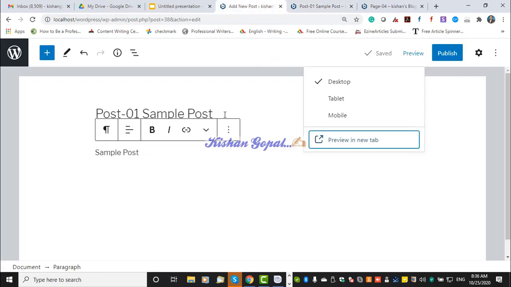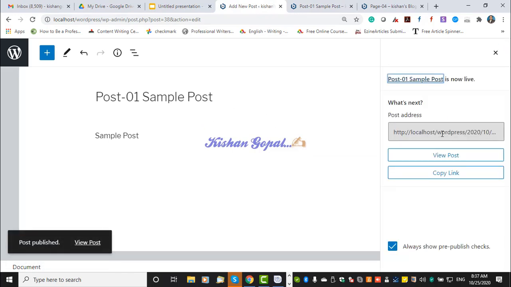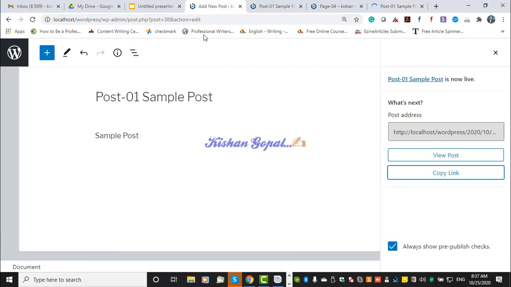And when you want to check the URL of this post, here we can get the URL of the post. You can click on copy and you can paste. So the URL came with a date and the post title. This you can edit in the permalink section of the backend of WordPress.